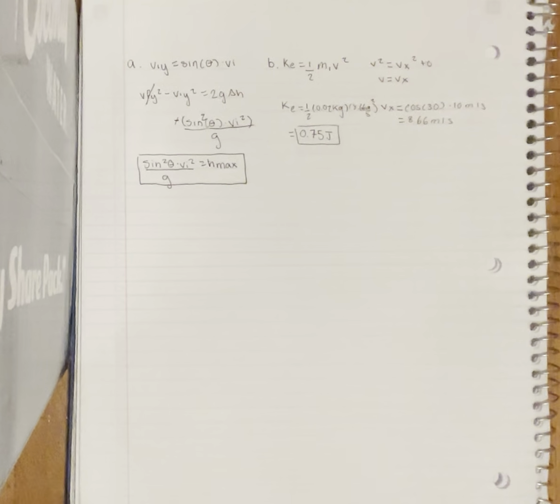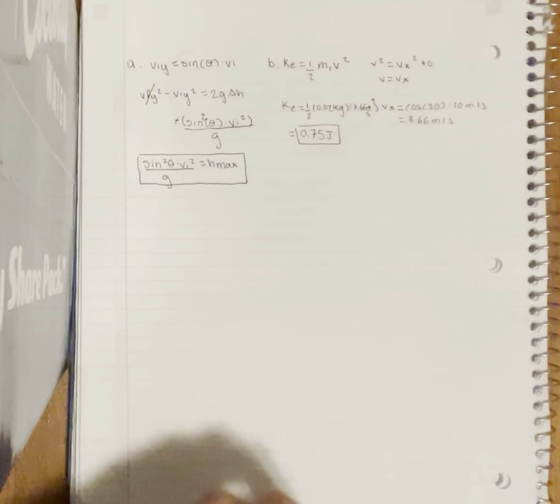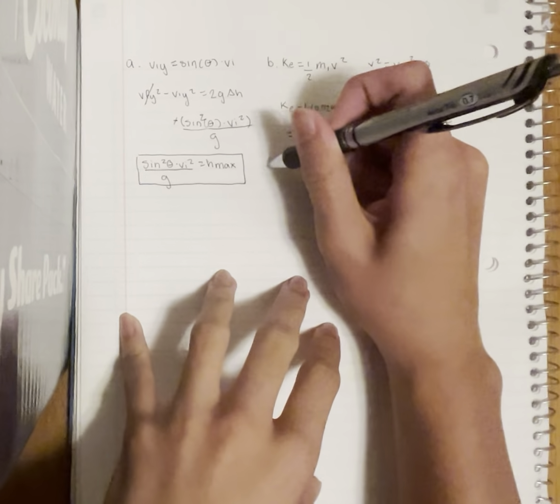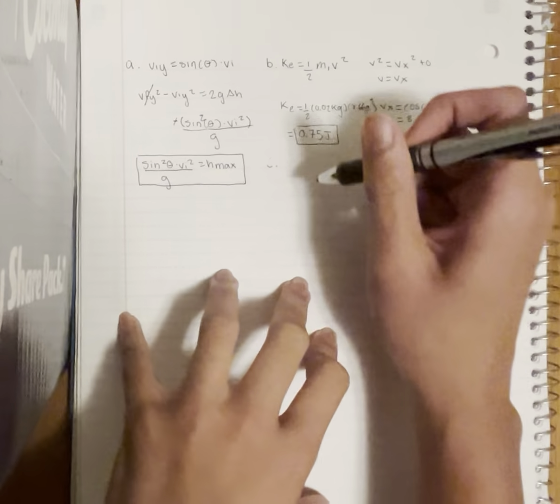And then for number C, it asks us to calculate the horizontal distance between the launching point of the dart and the point on the floor directly before the block. How we do that is that we know that it stops rising at max height. So then